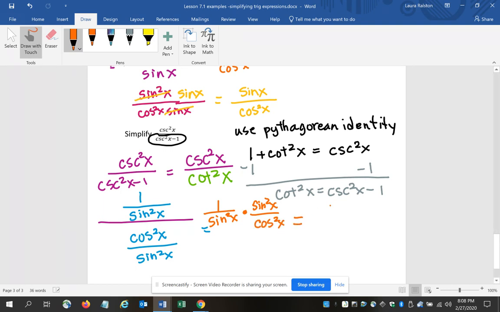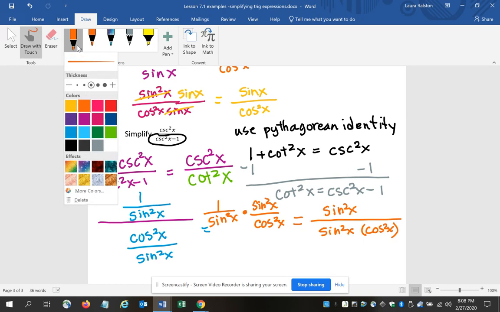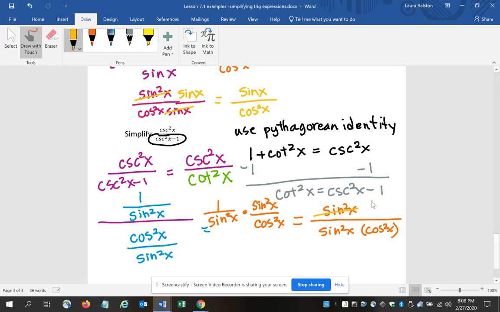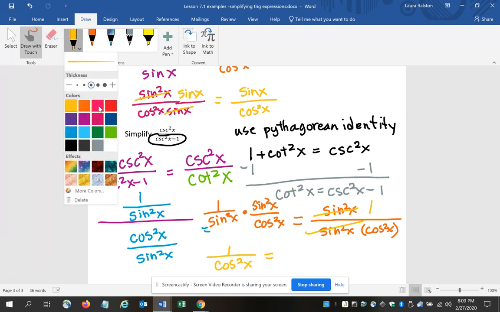And if I write that out, I'm going to have sine squared x all over sine squared x times cosine squared x. And then I notice that I have sine squared in the numerator. I need a placeholder of 1. Sine squared in the denominator. So I have 1 over cosine squared x. And then I remember, oh, that's a reciprocal. 1 over cosine is, I believe, secant